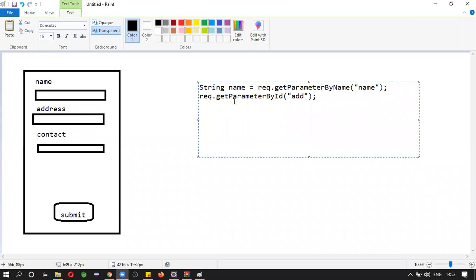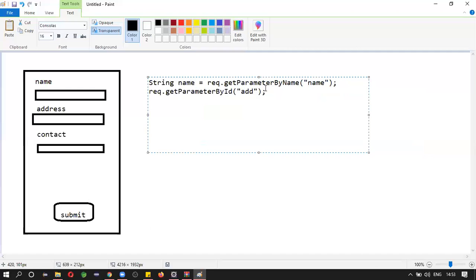So this is how you can use request dot get parameter by name. There are many here, but you are identifying based on name. Similarly, identifying based on ID. Every element has some ID, you can mention the ID, and based on that ID we will get the data.